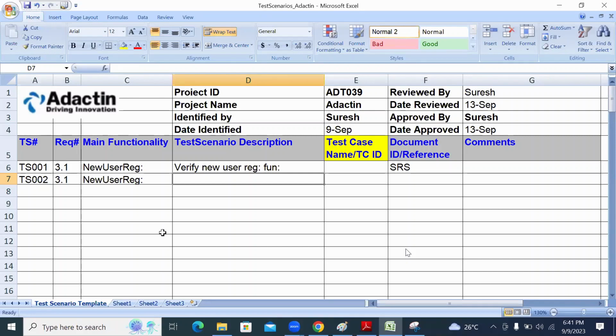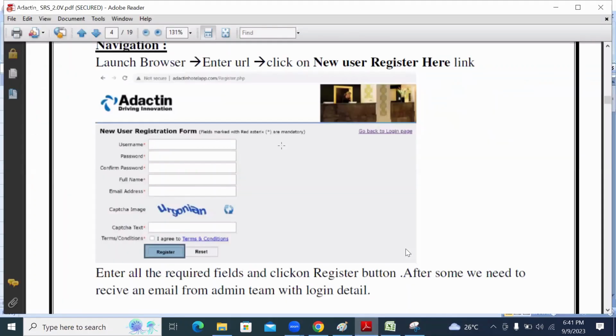Okay, now we can see. Refer to your requirement document. See the requirement document. According to the requirement document,